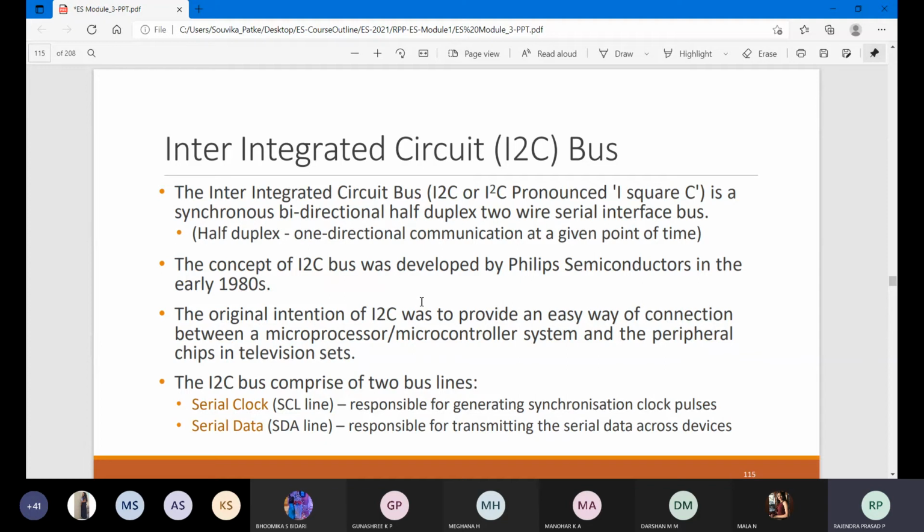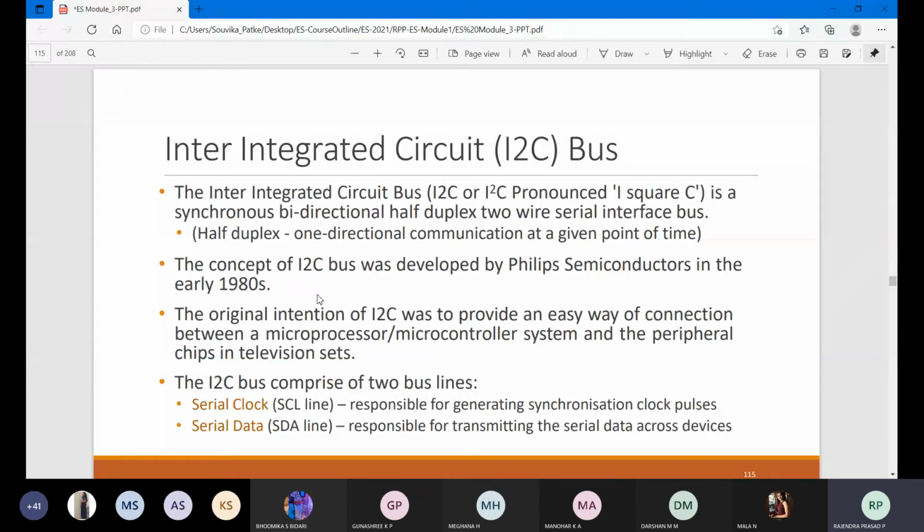In a full duplex bus, a common bus, you can also transmit and I can also transmit. This is a case where it is only half duplex. I am transmitting, you are listening. So if I request a response, you will respond after a couple of times. It is not full duplex, it is half duplex.